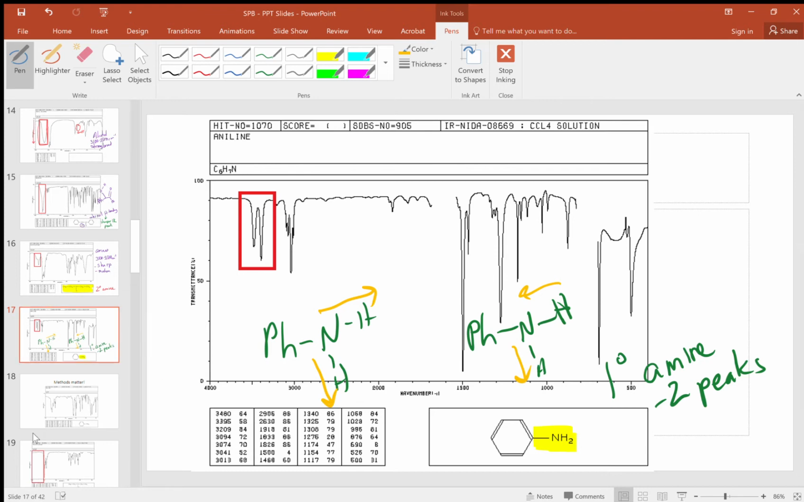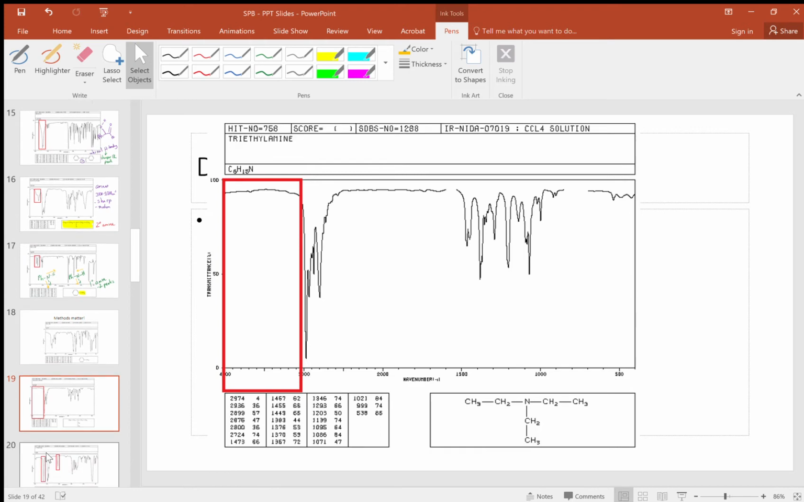Finally, what about a tertiary amine? So here we have an example of a tertiary amine. What do we find in that region? Well, the answer is, in that region, 3100 to 3500,